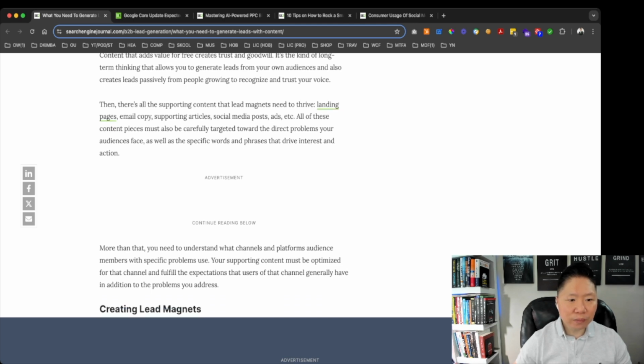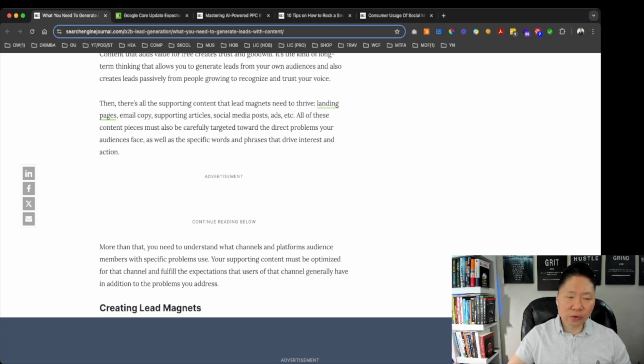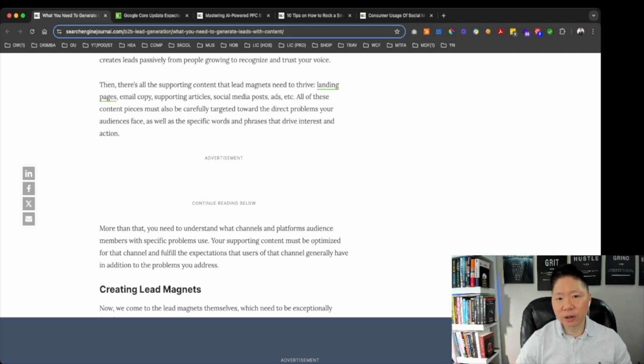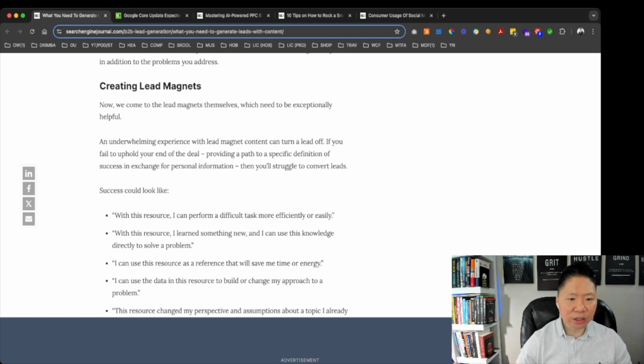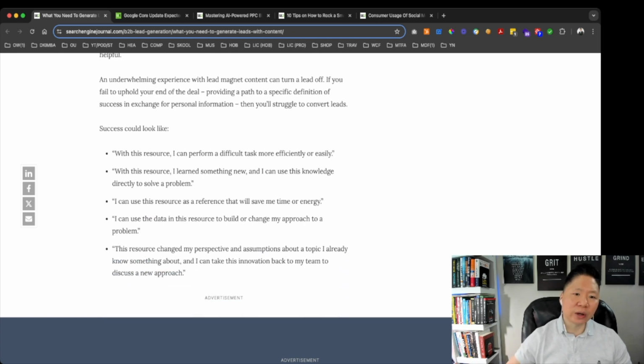And so you can also create a lead magnet. You can create landing pages, email copy, supporting articles, social media posts, ads, etc. in order to generate those leads, be it that they sign up for a webinar, your email, your newsletter, things like that, right? Creating that lead magnet. There's a number of ways to create that. If you have a website, then ensure that you have a strong call to action, once they land on your site,